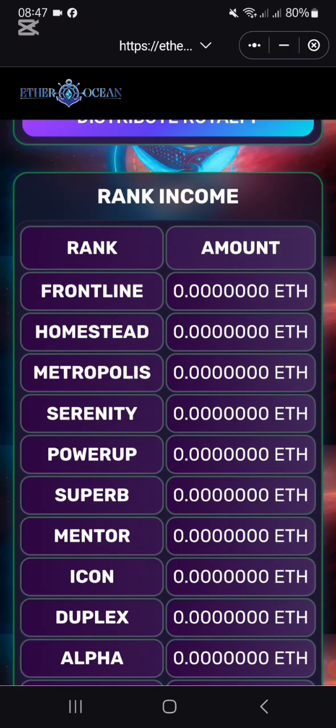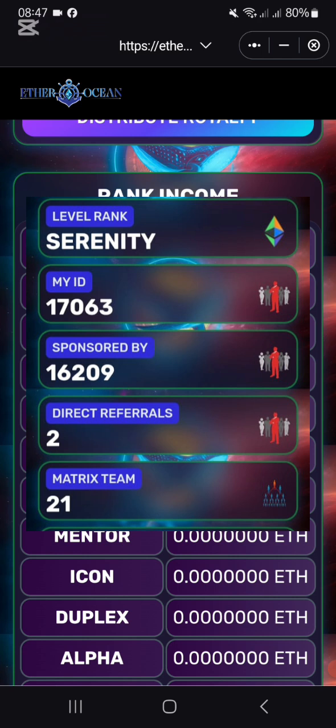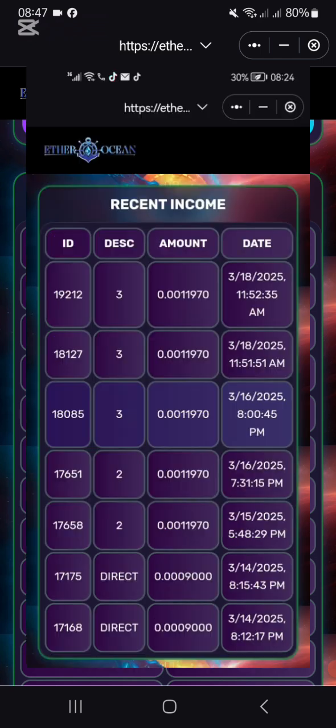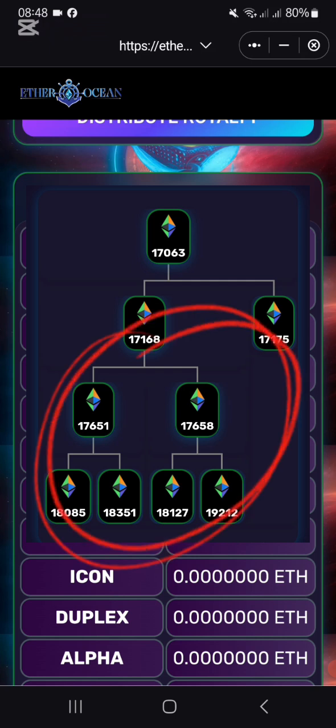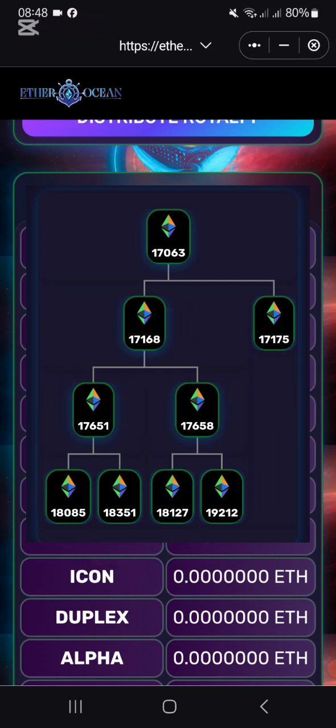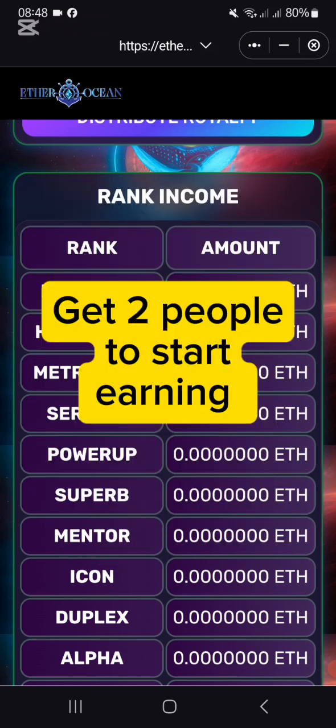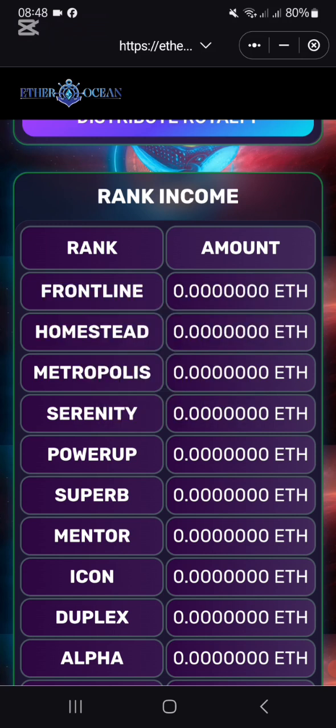Homestead is the second level, but this will mean nothing to me if I do not get 2 people in very quickly so I can start earning. There are people that are losing out on bonuses because they come in without 2 people. Look at this guy. He has got overflow. He got 2 people in, he qualified, which was very clever, and now he's starting to earn. But look at the person underneath him. He has got nobody. He's starting to earn overflow. Look at his team here. But he's not earning because he hasn't got the 2 people in his team to start earning. So it's very important to tell people, bring those 2 people in so that you can start earning.